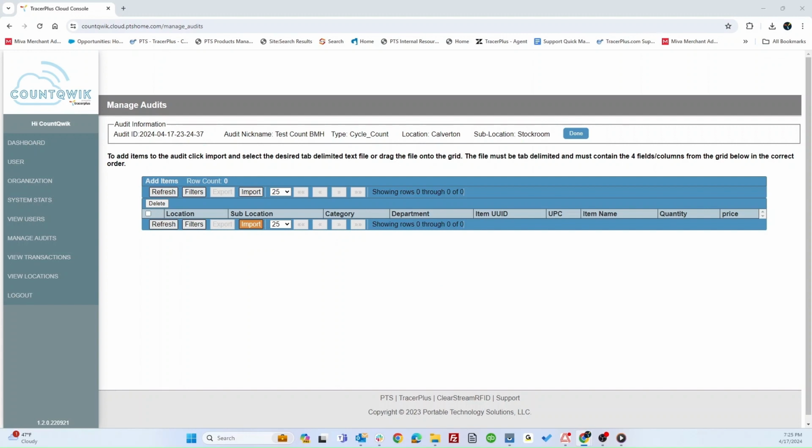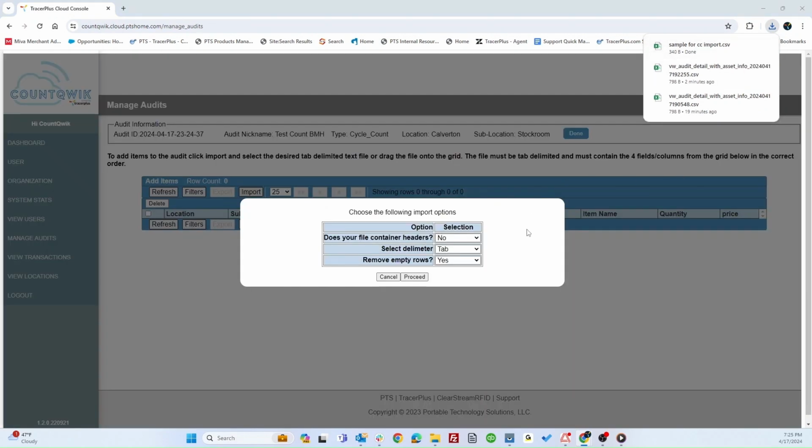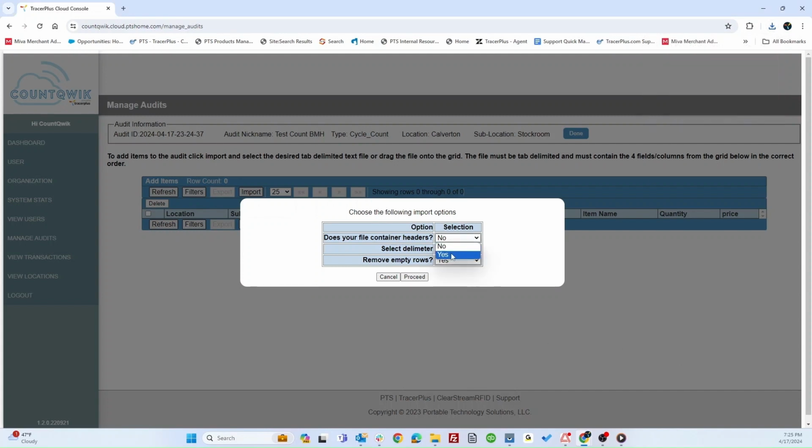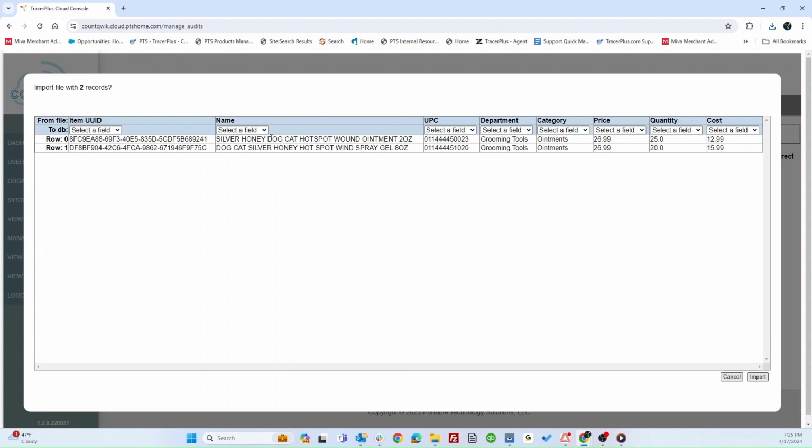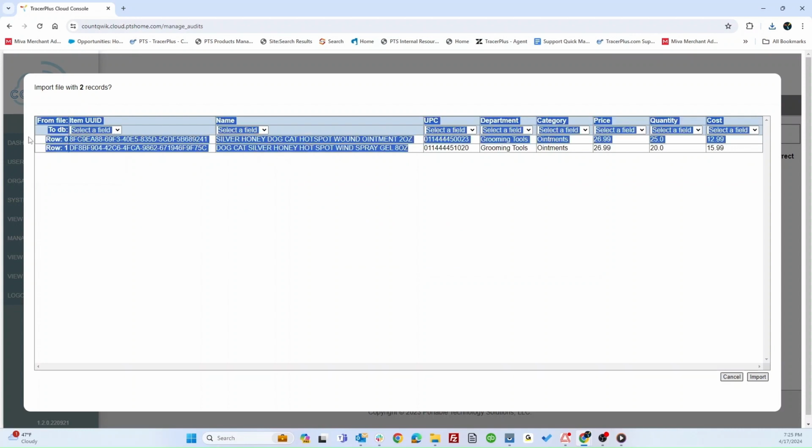item sheet from Excel. We will drag it over to import. As we've done before, it's going to ask if our file contains headers, what delimiters we want to select, and if we want to remove any empty rows. So in this instance, our sheet does contain headers. We'll have it auto detect the delimiters, and we will have it remove the empty rows. So now we can proceed, and as you can see, it's pulled over those items from our inventory sheet into